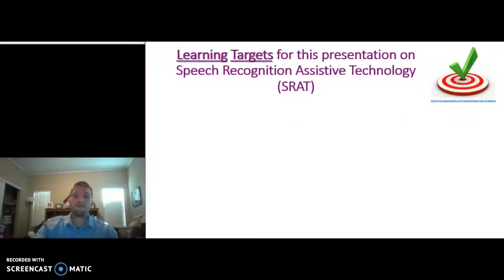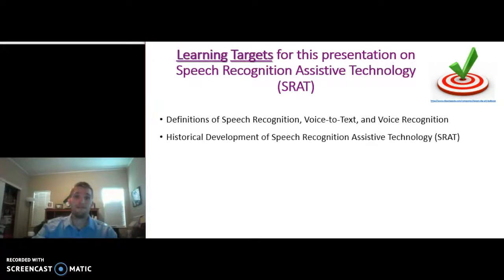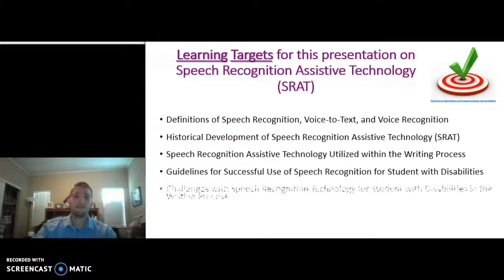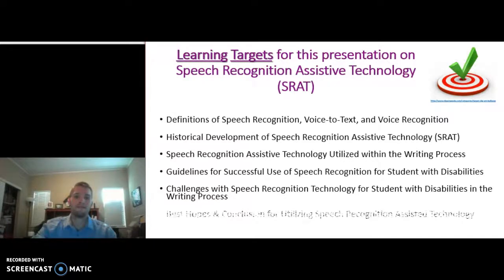The learning targets for my presentation on speech recognition assistive technology include the definition of speech recognition, voice-to-text, and voice recognition, historical development of speech recognition assistive technology, speech recognition assistive technology utilized within the writing process, guidelines for successful use of speech recognition for students with disabilities, challenges with speech recognition technology for students with disabilities in the writing process, and the best hopes and conclusion for utilizing speech technology